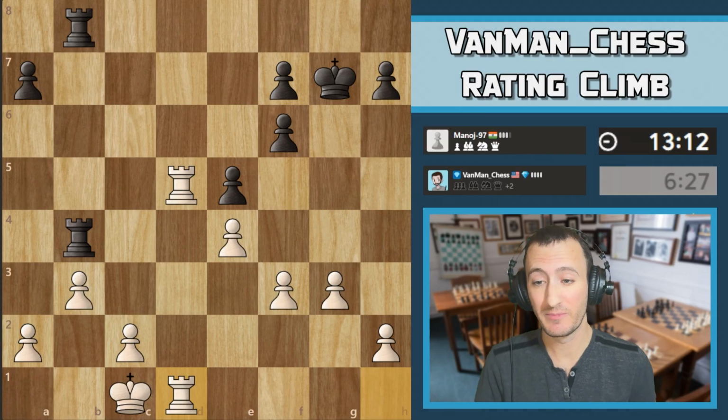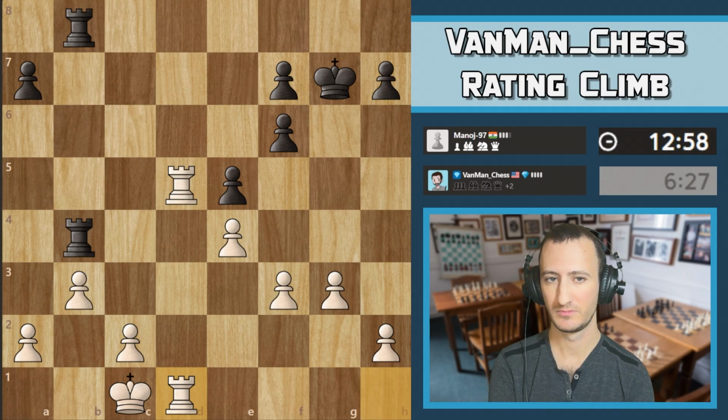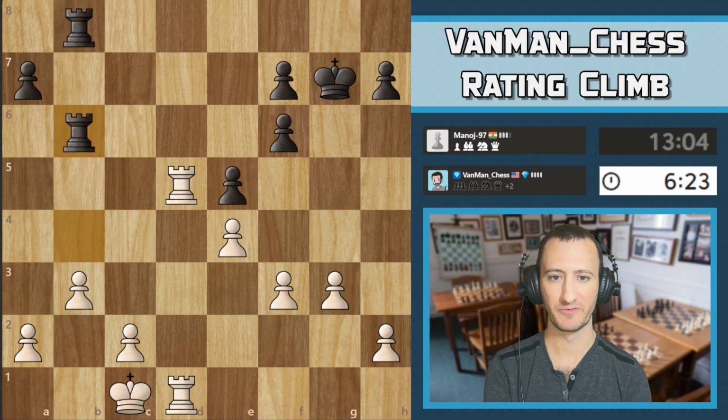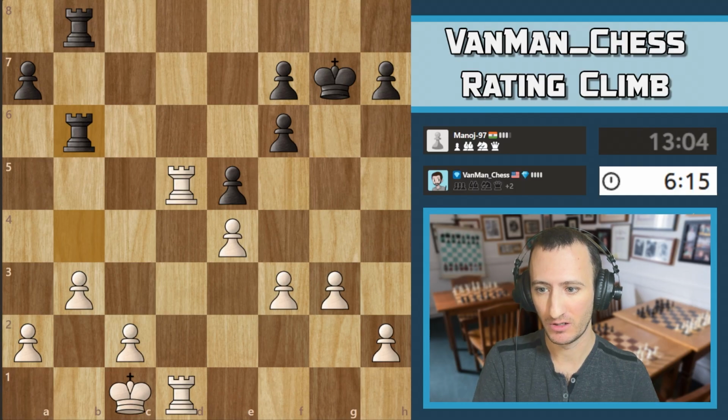So, I mean, this game is kind of going exactly how I wanted it to. I think it was smart of my opponent to activate his king and bring it to the 7th rank, just to prevent me from forcing a rook trade with a fork. But I don't think it's ultimately going to work out for him. Because now, literally all I have to do is...